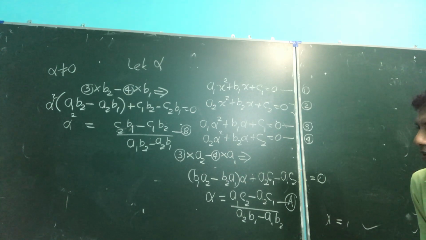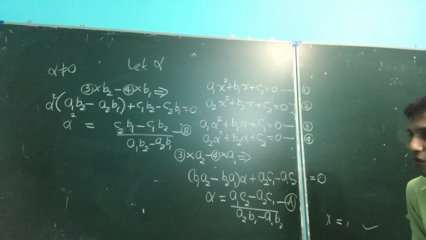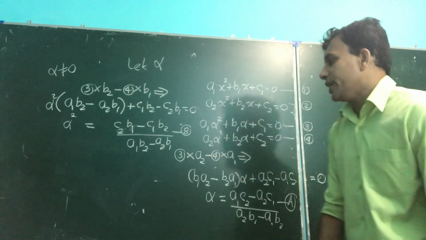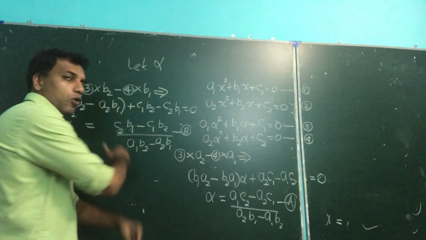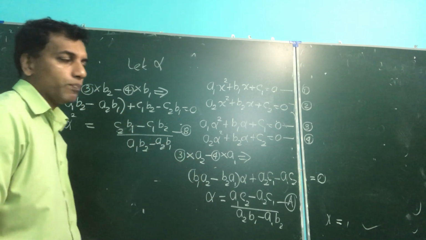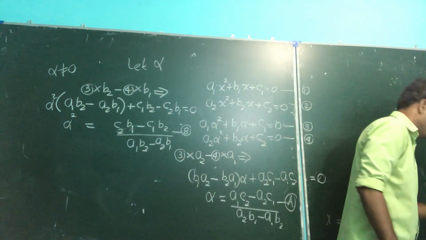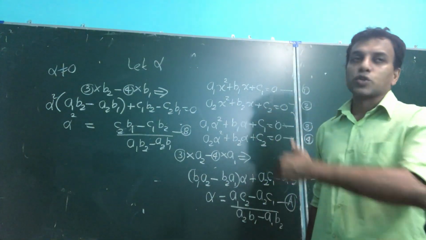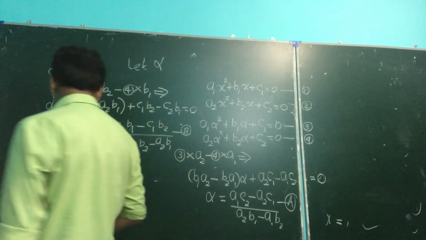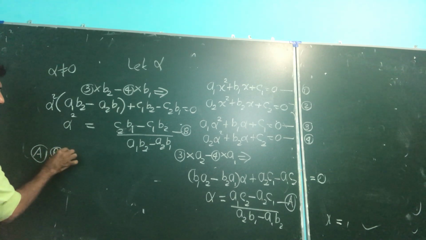Now, what our note is, this morning's theory, is to find an expression or prove the condition for the common roots of a pair of quadratic equations. So now the method is how to connect the both. Here alpha square, here 3 means here 9. Here 2 means here 4. So one is the square of the other one. So connect both A and B. A and B give you the square of one, the other one, right?